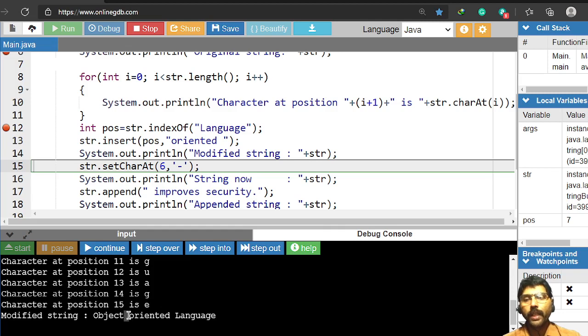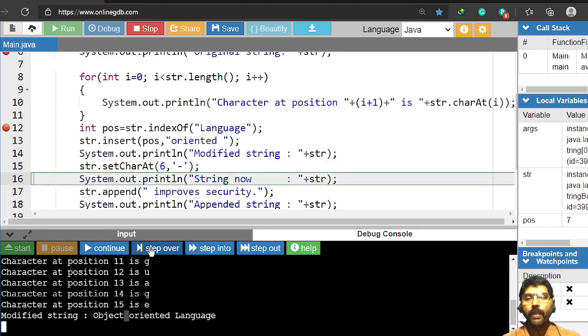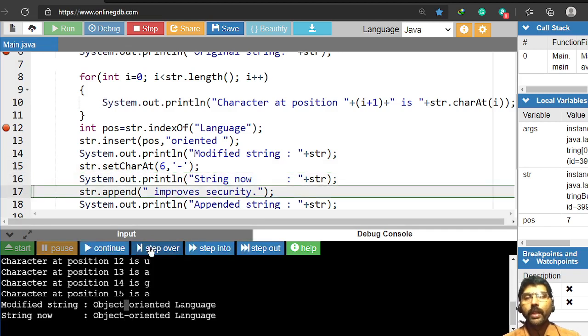At this blank space I have to insert one hyphen. Okay, now how is it possible? See. Okay, now see the output. Previously it is blank. Now it is a hyphen here. So this is the use of setCharAt. It will replace the old character with the new one. Initially it is white space, then it is a hyphen here.